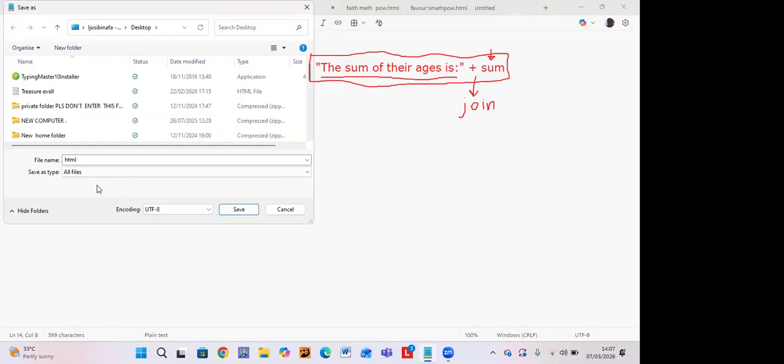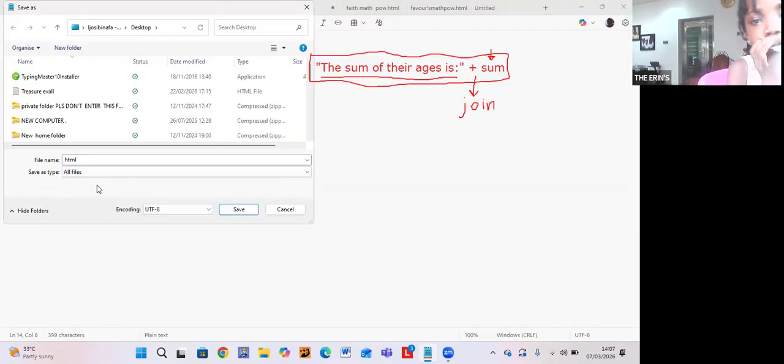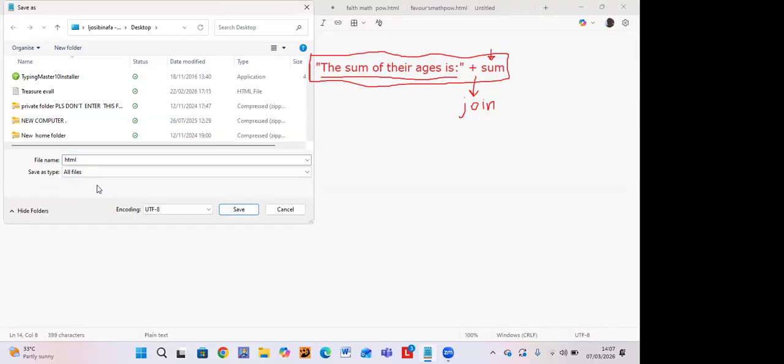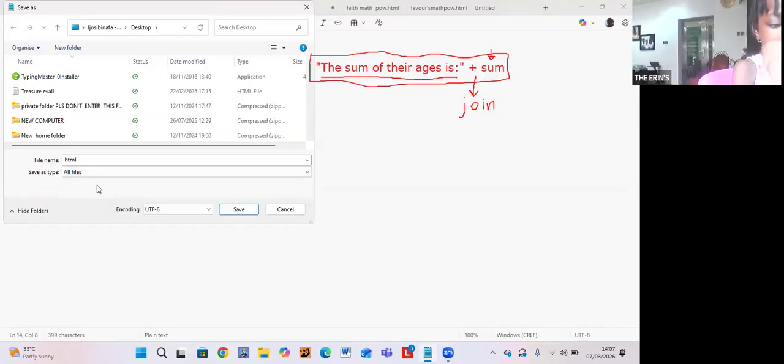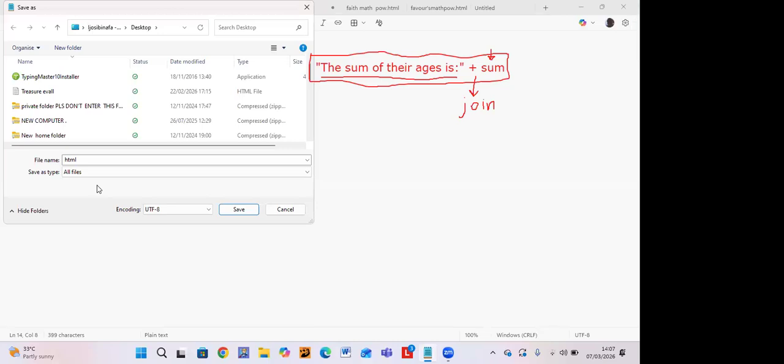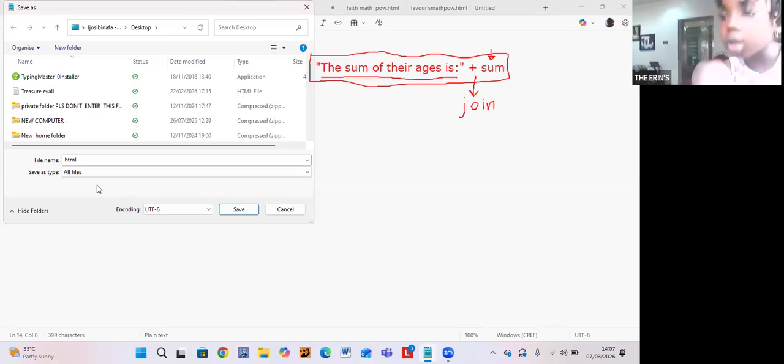Okay. What are we going to call it? Treasure finding ages. Treasure finding ages.html. Huh? Okay, what do you want to call it? I want to just call it